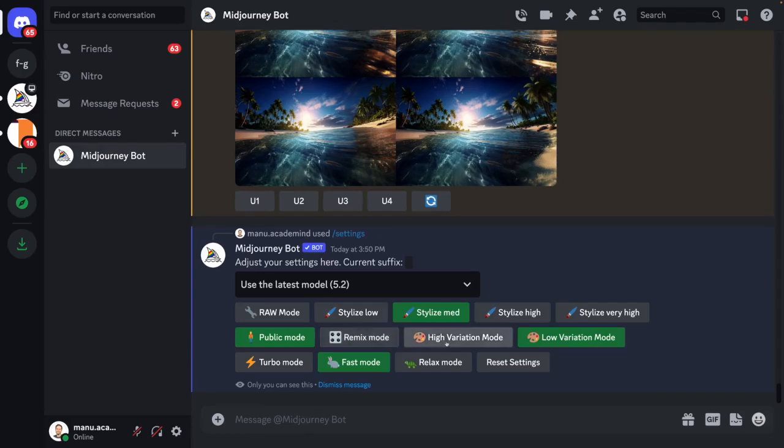So in case you played around here and want to go back to the default ones, you can always reset your settings down here. Next to this reset button, you can find different modes: relax, fast mode, and turbo mode. The default mode is the fast mode. And if we again go back to the official documentation with the pricing,